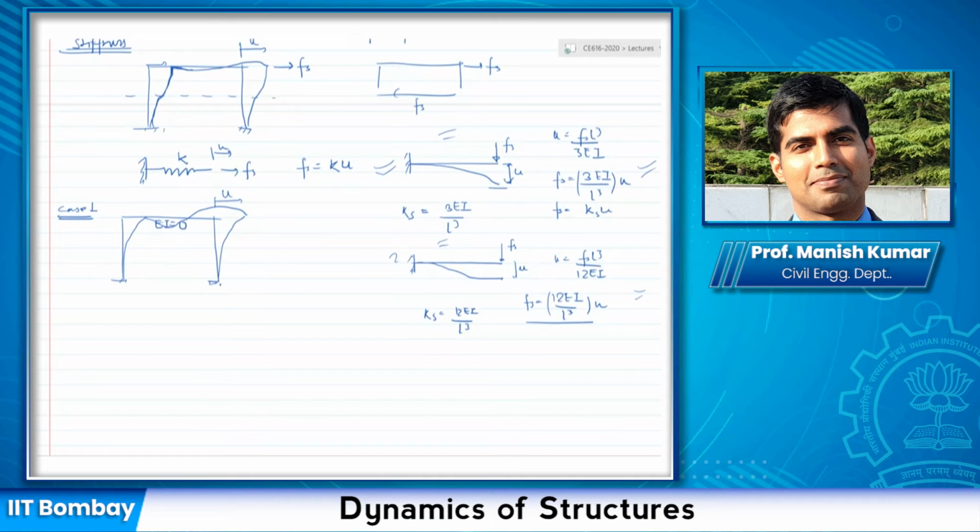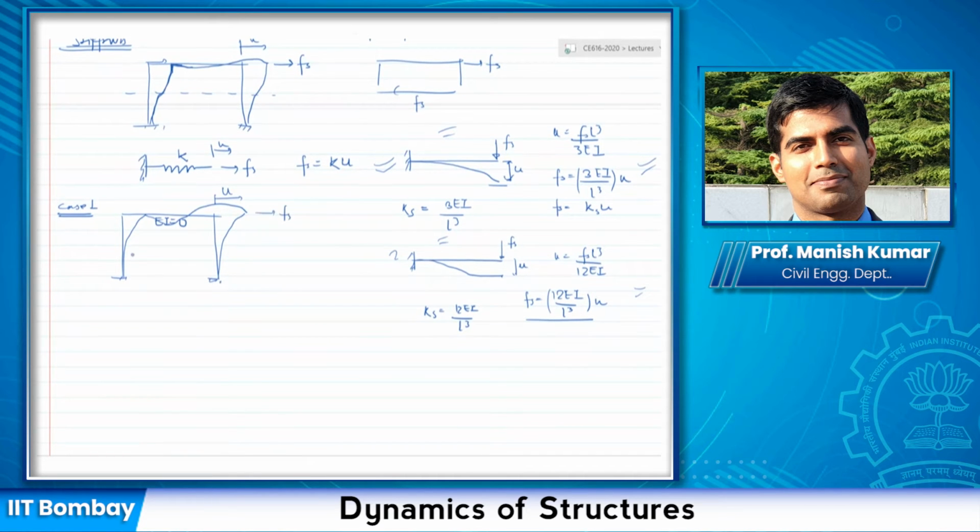Fs is now, if you cut it, due to two columns which can freely rotate at the end. So it is somewhat similar to this. So can I say Fs would be 2 times 3EI by L cube times U that I have here. Remember, if this is U, this is also U. Even if this is flexurally flexible, with zero flexural stiffness, I have still considered it to be actually rigid.